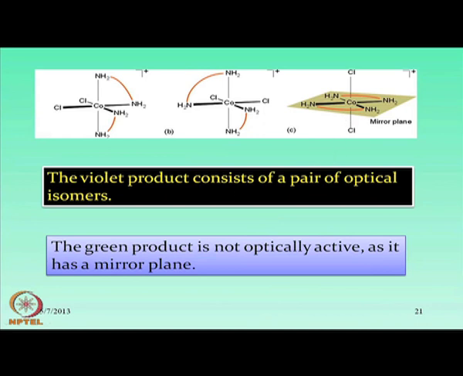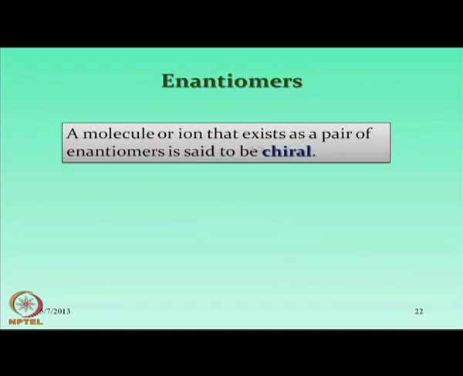So, thus we get the three different types of products and we can label all of them according to their corresponding isomeric form. So, once we determine this particular thing, that means we have the corresponding different forms, we get them as their enantiomers. So, a molecule or ion that exists as a pair of enantiomers is said to be chiral. So, we have a pair of isomers like that of our tris(ethylenediamine) or the dichloro cis compound, then let's call them the chiral molecule.